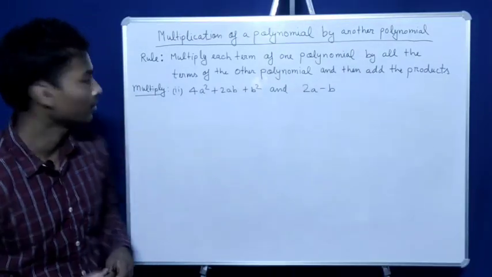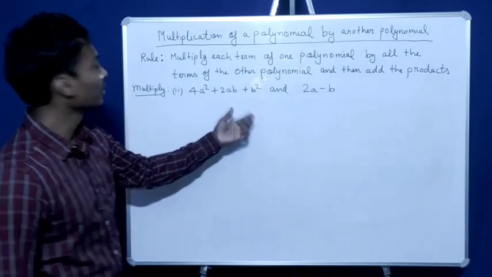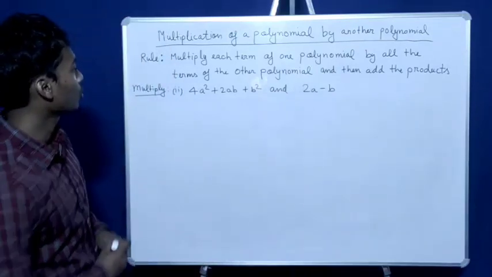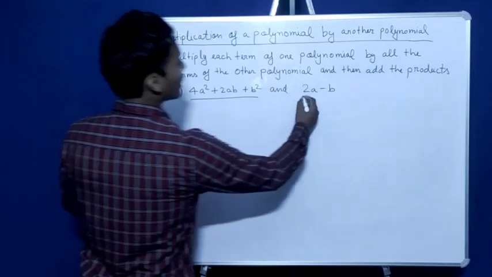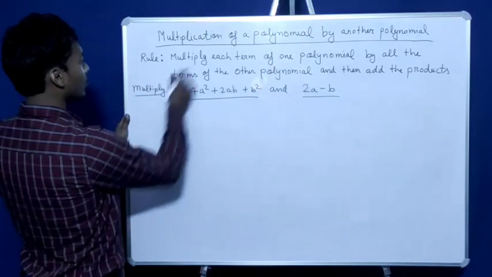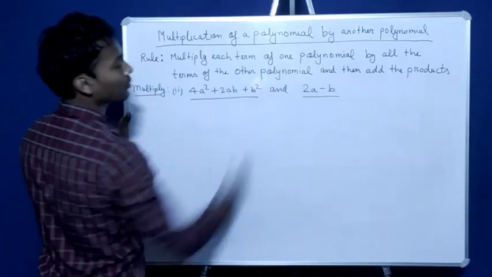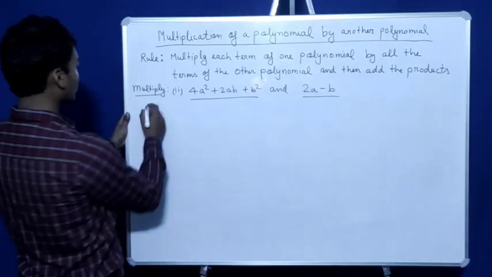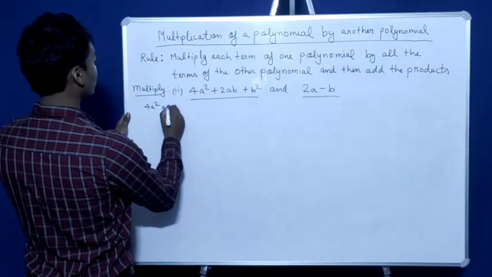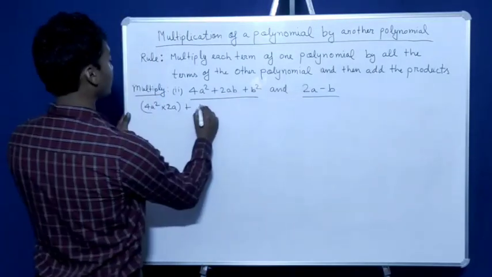Let's take another example. So 4a square plus 2ab plus b square multiplied by 2a minus b. So here this is a trinomial multiplied by a binomial, so both are polynomials. So we'll apply the rule here. First term multiplied by all the terms of the second polynomial, second term multiplied by all the terms of the second polynomial. So let's multiply. So 4a square multiplied by 2a plus 4a square multiplied by -b